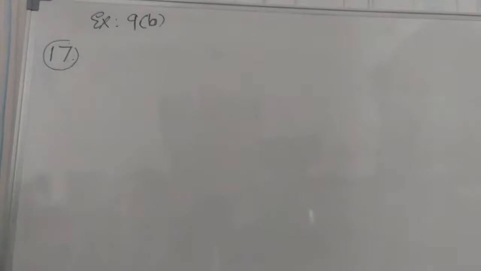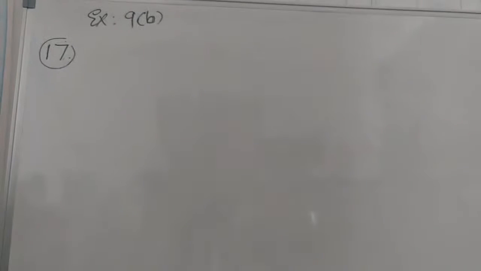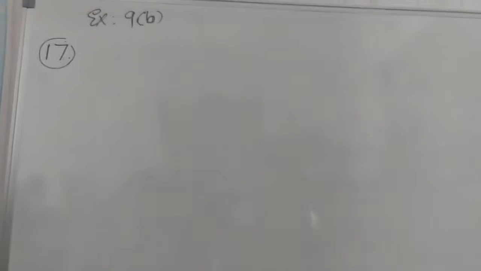Question number 17, students. If the sum of the first 10 terms of an AP is 4 times the sum of the first 5 terms, then find the ratio of the first term to the common difference. So here we are given the relation that the sum of 10 terms